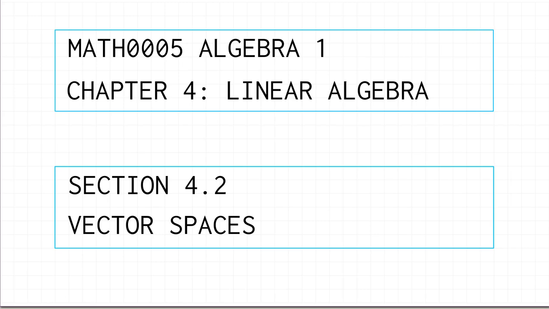The subject of linear algebra is really all about vector spaces, and those are what we're going to define in this video. The idea of a vector space is that it generalizes certain properties of ordinary column vectors. And the reason you want to do this is because it turns out that structures that obey the ordinary rules for vector addition and vector scalar multiplication crop up throughout mathematics, even in contexts that don't look at all like